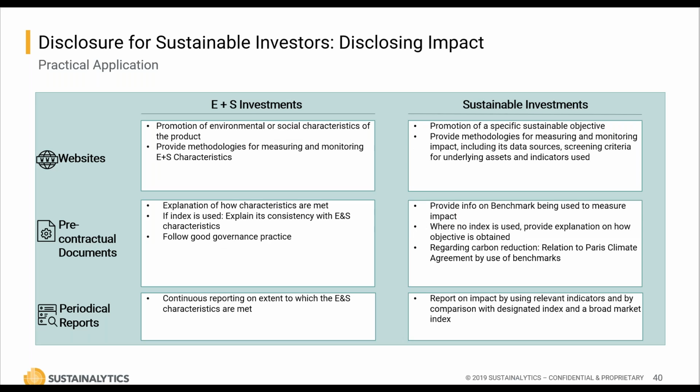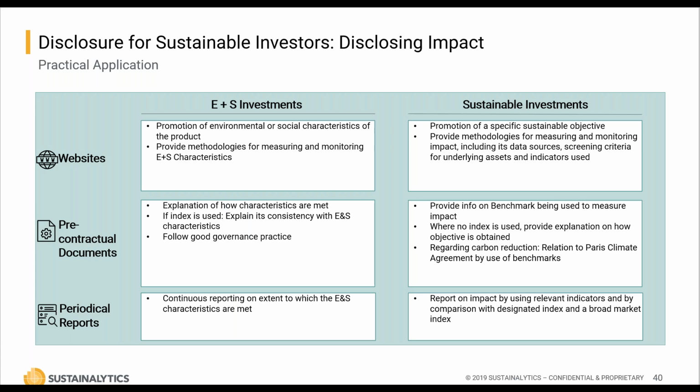So with this, I'm providing a bit more detail on regulation relevant to specialized sustainability investors. Let me start with investments with E and S characteristics, those that promote environmental or social features. Here, investors have to provide an explanation of how characteristics are met, whether through application of a specific benchmark index or some other measure. This measure has to be in line with the promoted E and S characteristics, though. The second concept then covers sustainable investments, i.e. the promotion of a specific sustainable objective.